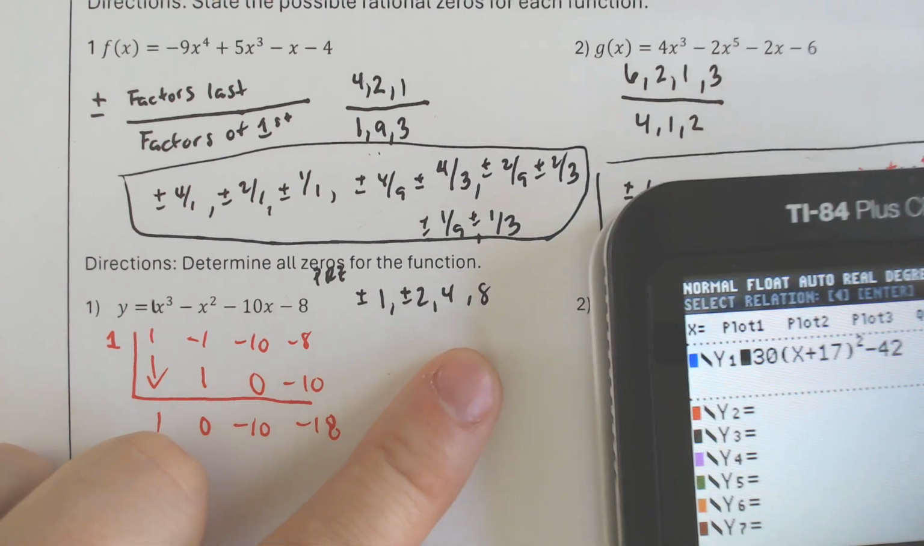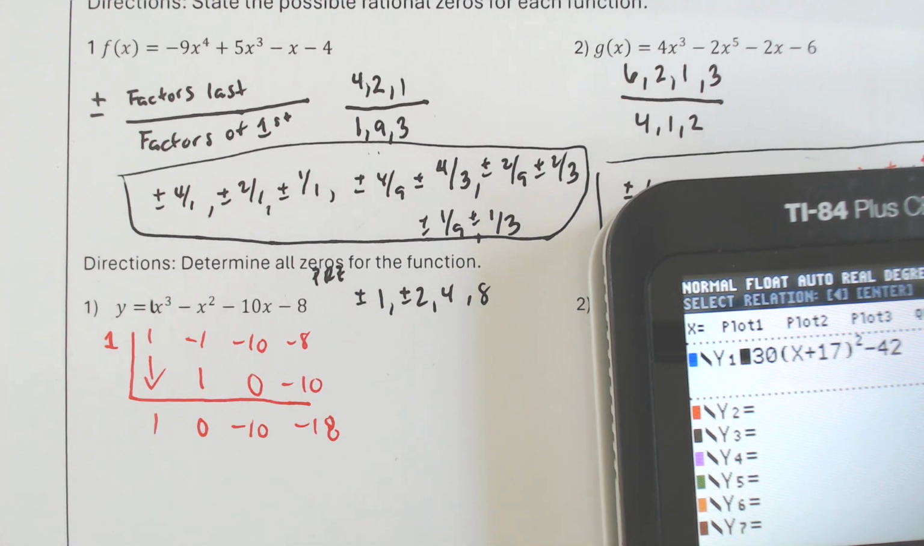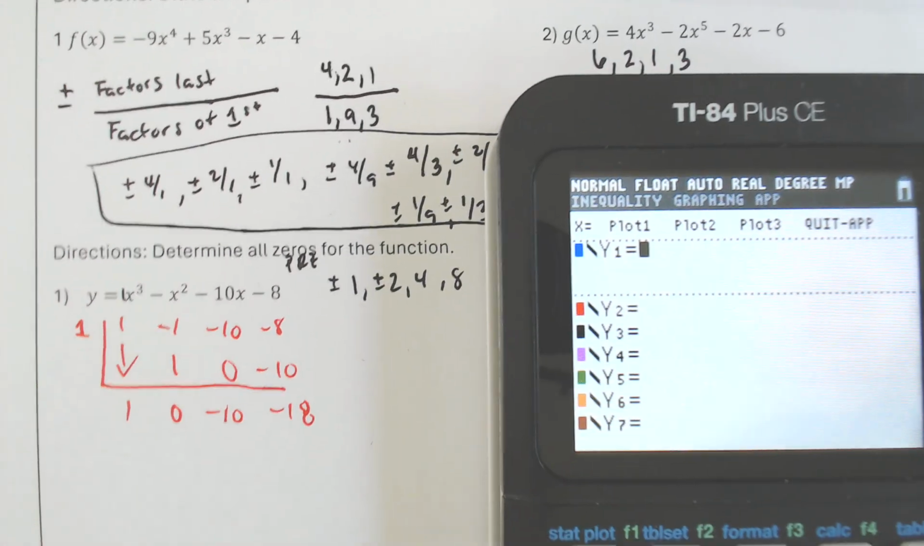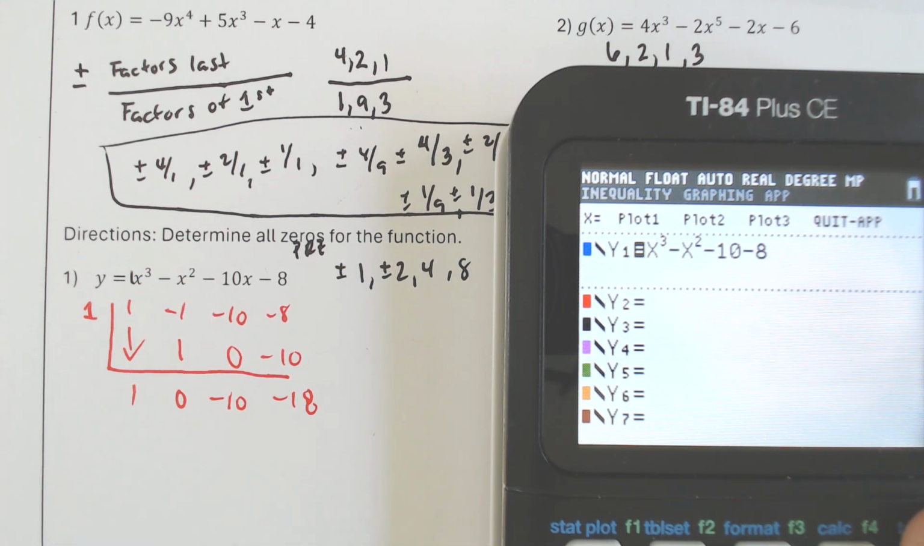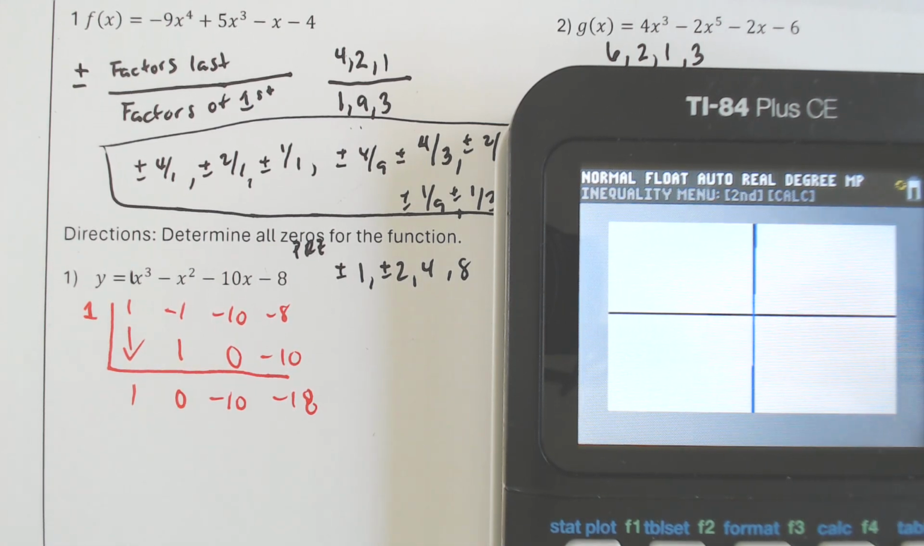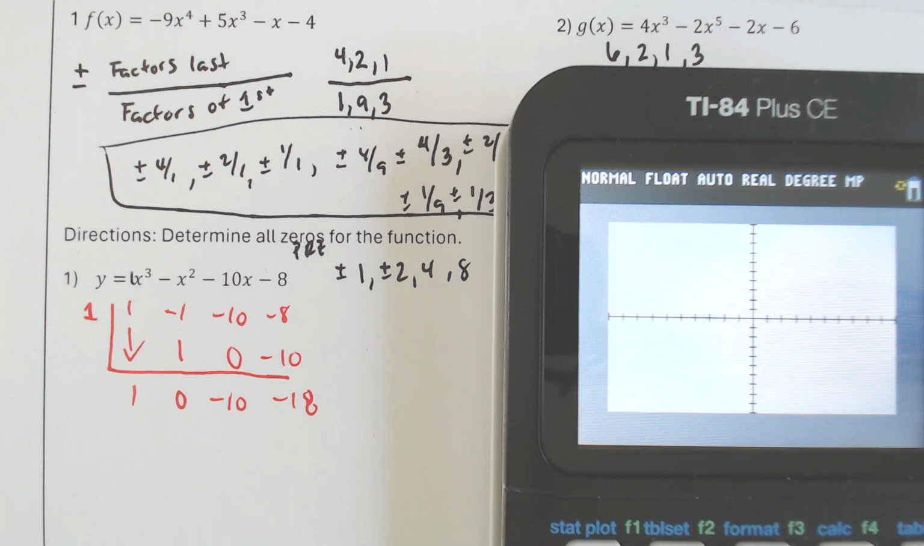If you have a graphing calculator, then you can alleviate the guesswork. But if you don't, you're going to have to just keep guessing. We tried 1, it didn't work. You would have to try 2. We would have to try 3. We'd have to keep going until you find the actual 0,